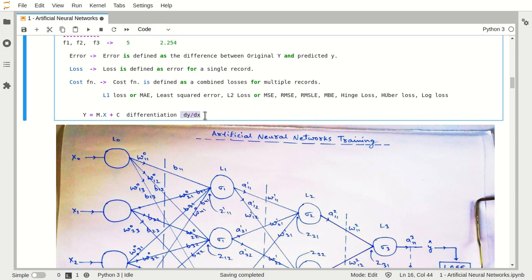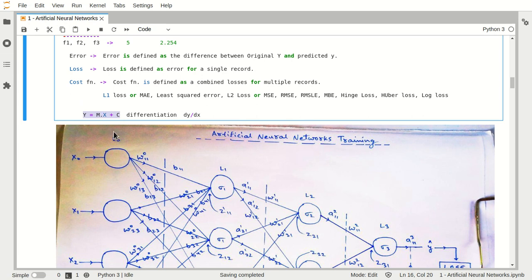So in our school days, we all have studied about dy upon dx, right? So what is this dy and what is this dx? Are you guys able to understand the meaning of this dy upon dx? So see, here in this equation, just try to focus. This y is a dependent variable, a dependent quantity over x, because we will be able to calculate y only if this calculation is performed. Whatever x value we have, we multiply m with x, and then we add c, and the same thing is happening here.